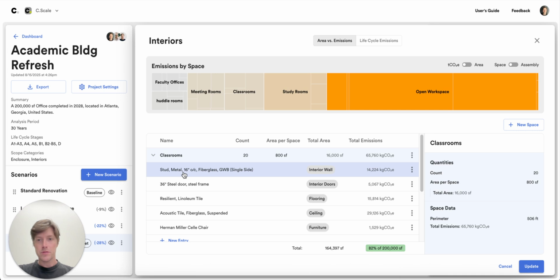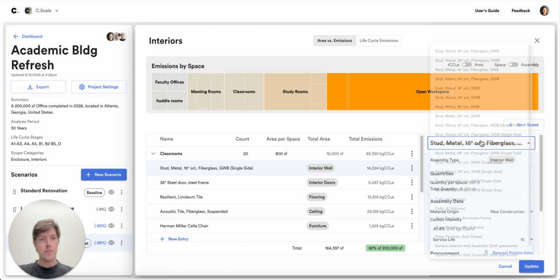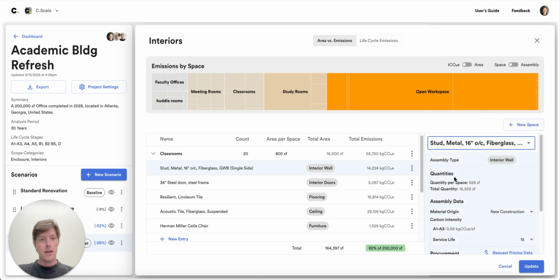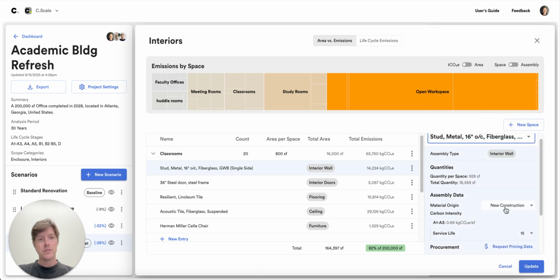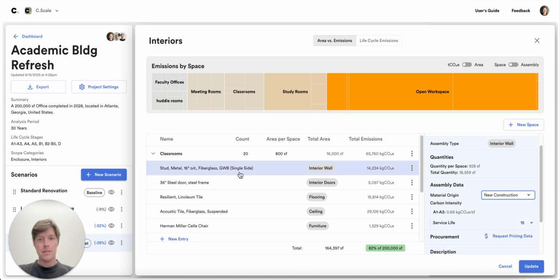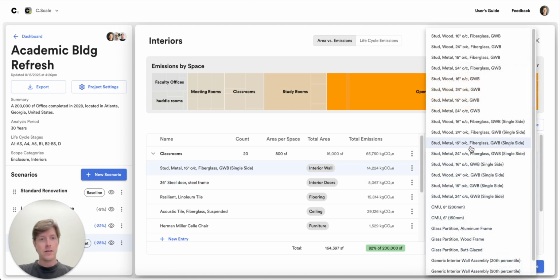Within these classrooms, then we can see the interior wall, interior doors, flooring, ceiling, and furniture that's been added to the space. So if we look at the interior wall, we can see that we can apply different types of interior walls, and from there, we can also specify whether or not the interior wall is new construction, existing to remain, or salvaged. Let's pretend that this interior wall, instead of being metal stud, 16-inch on center, let's say we